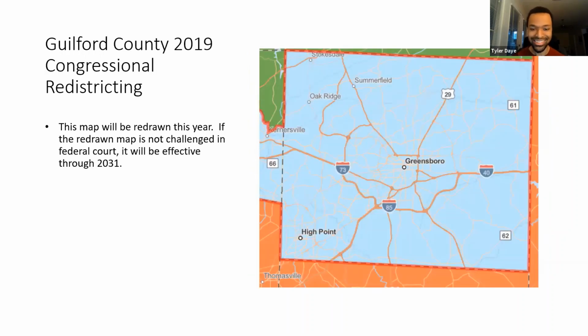And so lastly, this map, you can see I'm smiling because I like it, because they actually kept the county together. They kept the general area together. Again, not too much to ask. This map was, though, a part of the court order redrawing in 2019, and it will be redrawn this year.